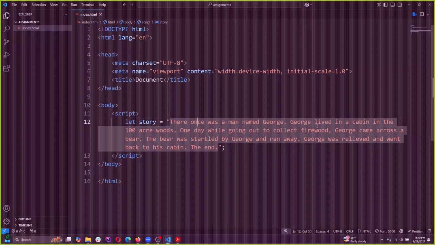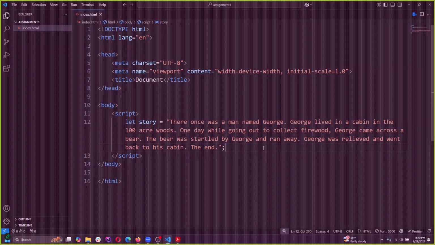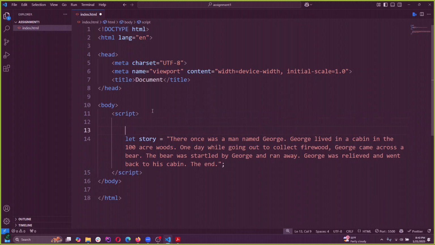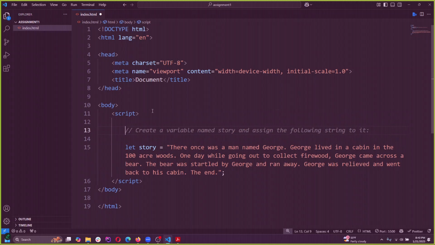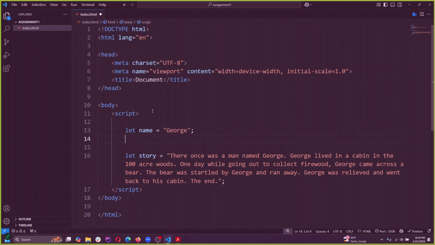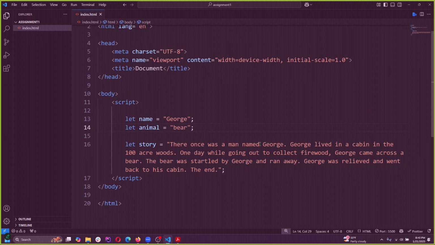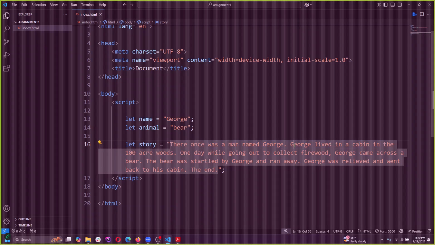There once was a man named George who lived in a cabin. One day he wanted to collect. George came. Whatever, just George and bear. So if I did it this way with the concatenation with the plus sign, it would be really annoying. If I said let name equal George, let animal equal bear. So if we're going to replace this with the variable, everywhere where it says George, I would have to